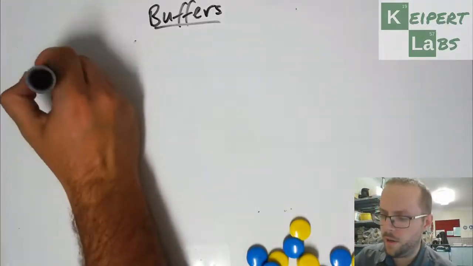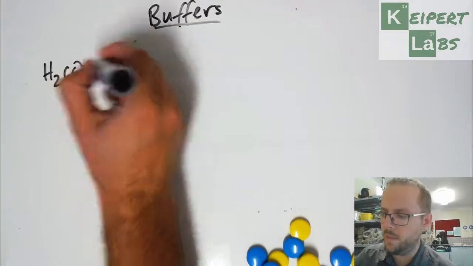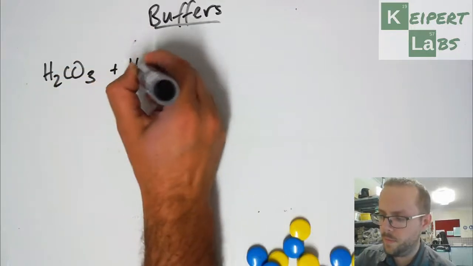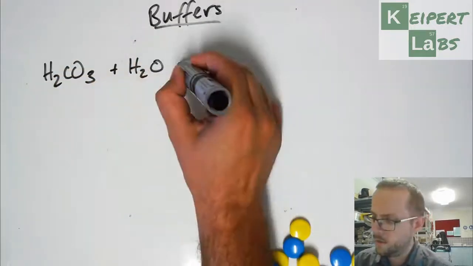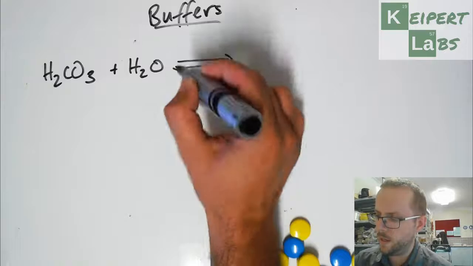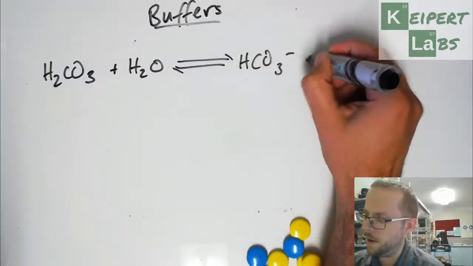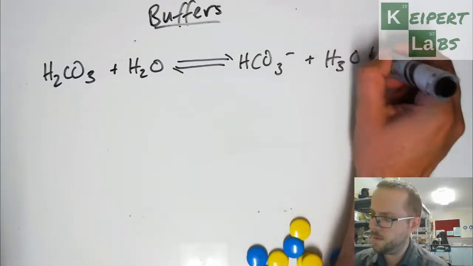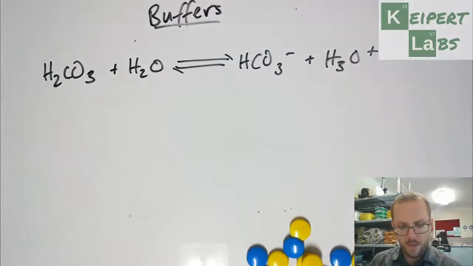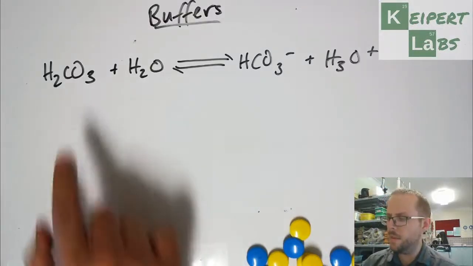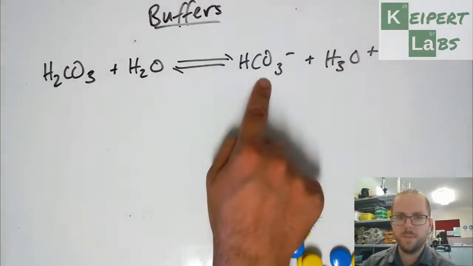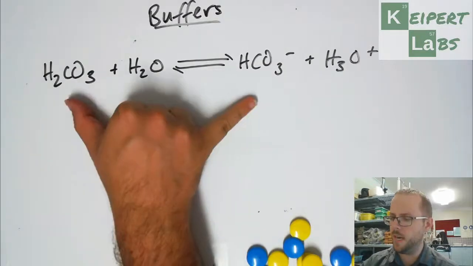It's called the carbonic acid buffer. So we get carbonic acid and water in equilibrium with the bicarbonate ion and hydronium. So we have this buffer situation between the acid and its conjugate